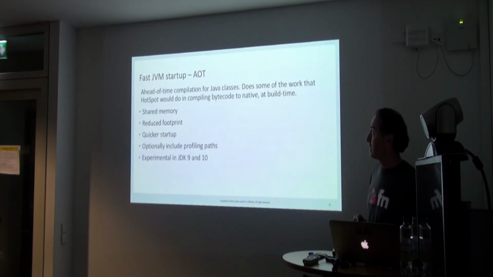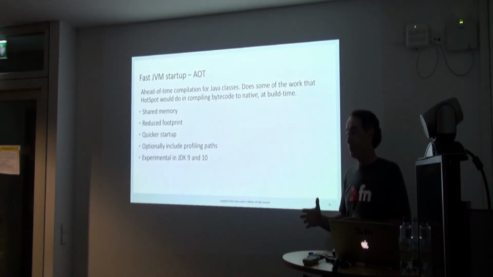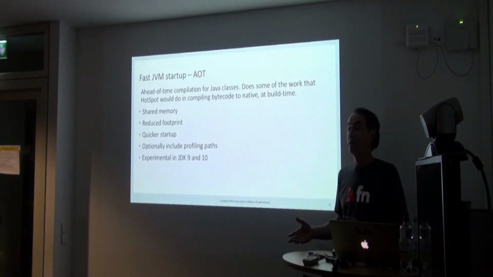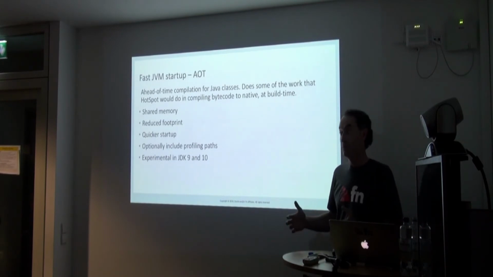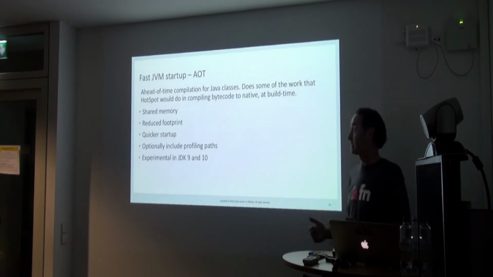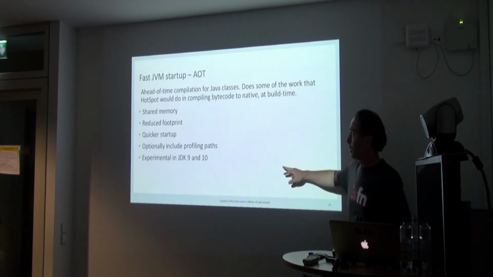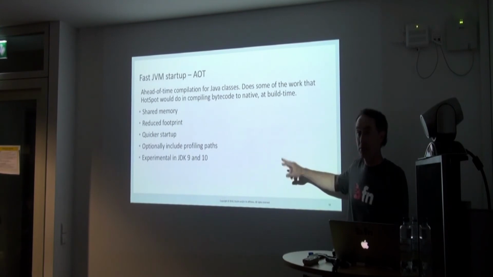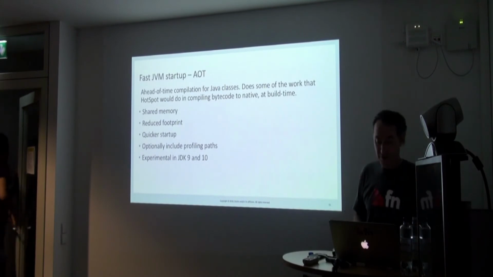They also had some AOT. It's been experimental in 9 and 10. The AOT support was to compile your application or your classes down to native code into a shared library, a .so file, which you could then attach to the JVM. The JVM is still the same old HotSpot JVM, but your code could be turned into machine code and just linked. So that could be nice savings: faster start, all kinds of things. It's only experimental though, and I don't believe it has gone to production. Which is okay because it's something else we talk about that's along the same line.